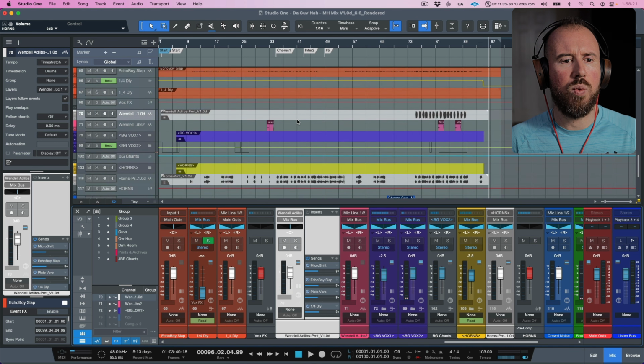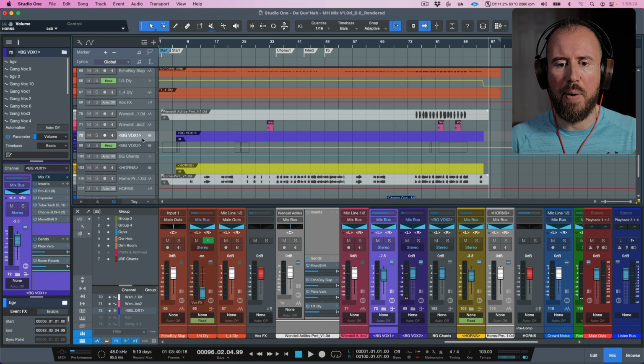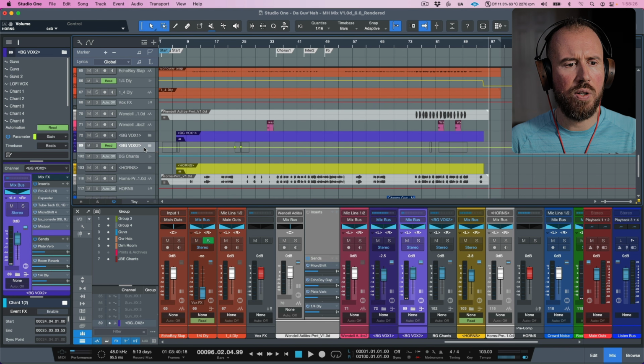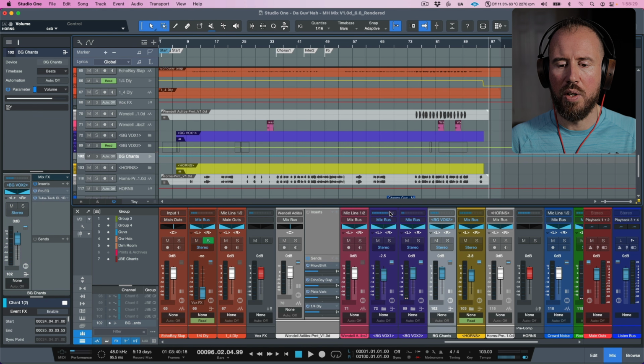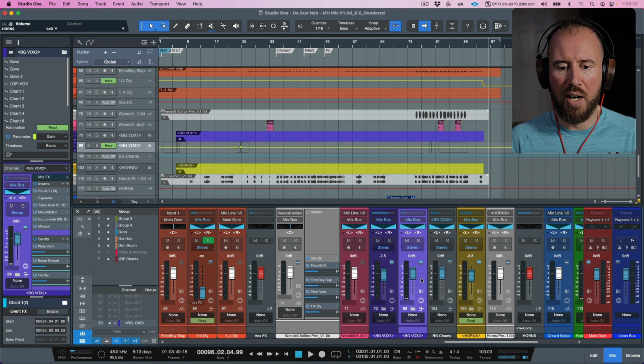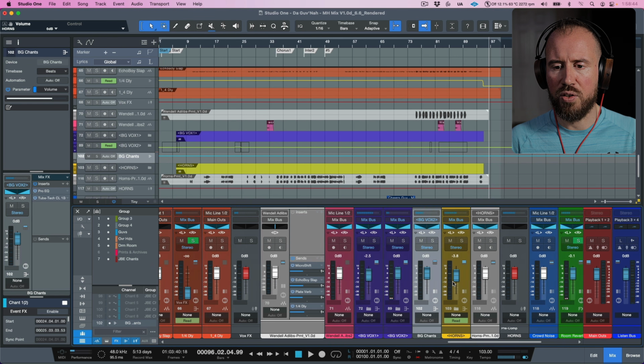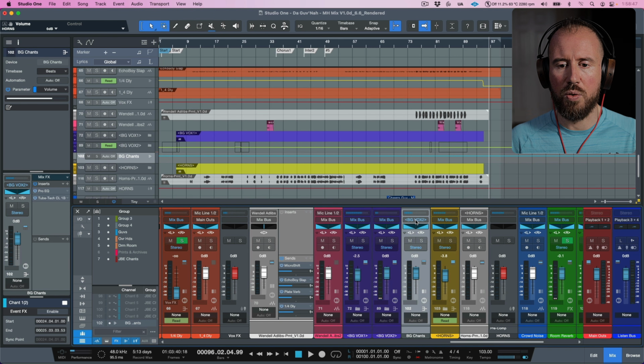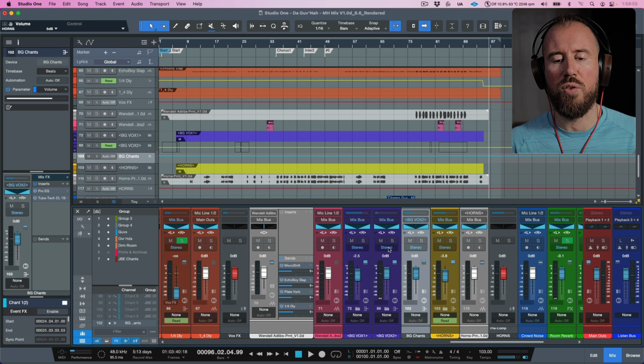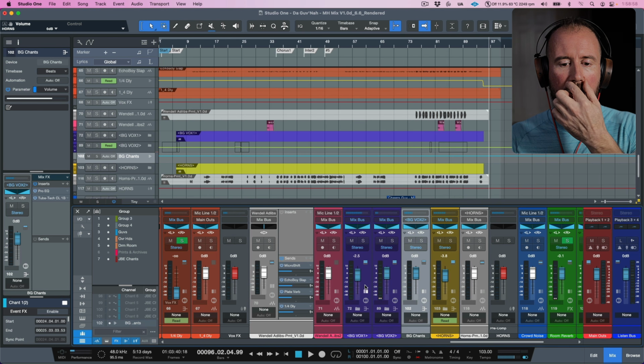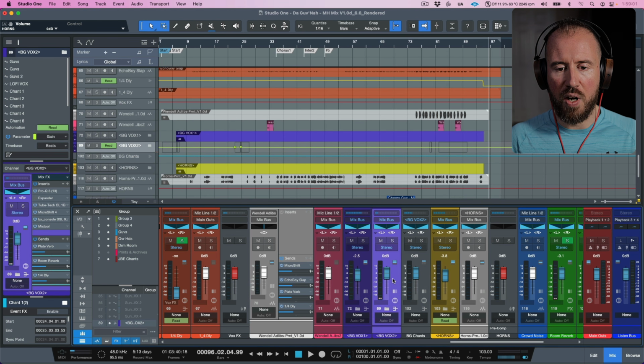So in terms of what we are exporting right now, we know that we have our background vocals. We have background vocals 1 and background vocals 2. What else do we have? We have BG Vox 2. What is this taking? This is taking all the chants. Okay, so we have more than one background vocal. Actually no, this goes to something else. What does this go to? This goes to background vocal 2, which is here, BG Vox 2, and then BG Vox 2 goes to the mix bus. So what I think we'll do is export BG Vox 1 and BG Vox 2,